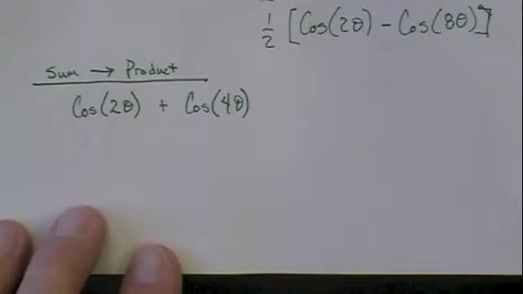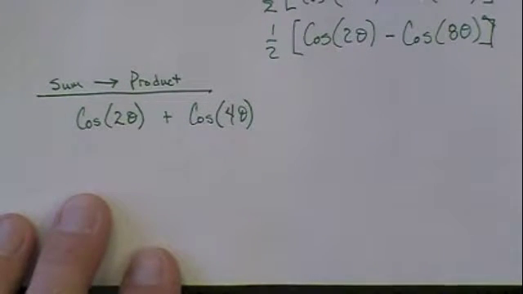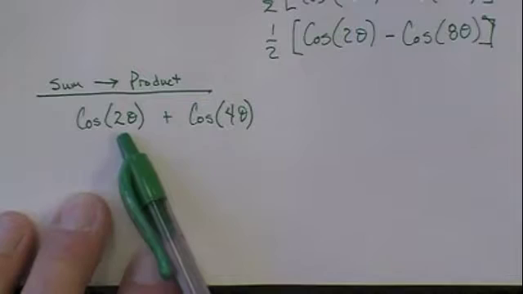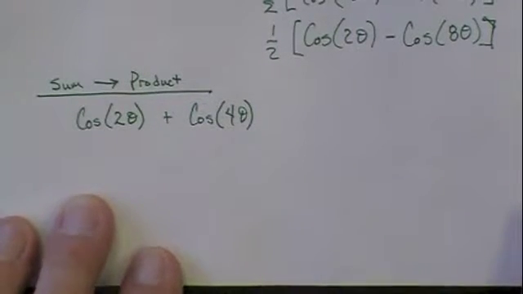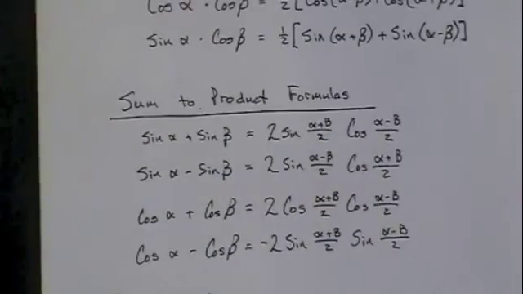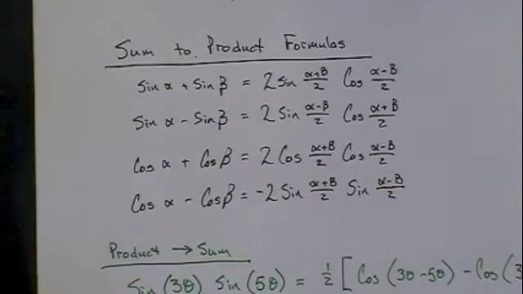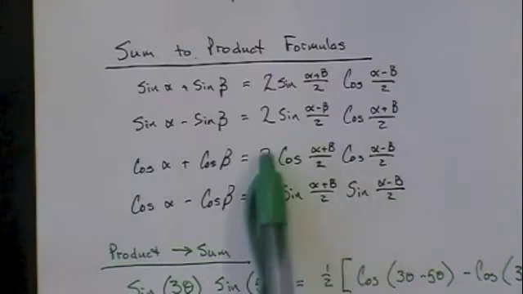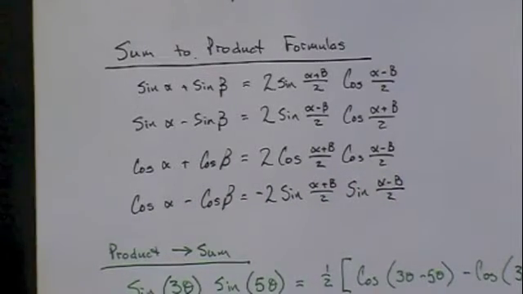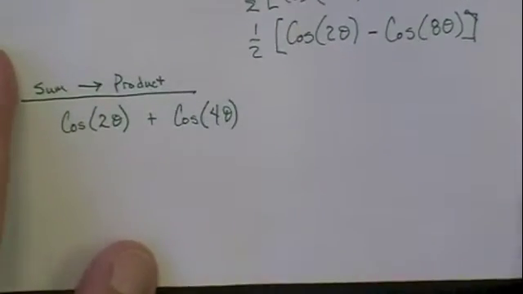On the other end, here we have going from sum to product. Here we have cosine of 2 theta plus the cosine of 4 theta. So again, sum to product. We go back up and look at these formulas. Here we're adding cosine of 2 angles. So here's the formula we're going to use on this one. So if we come back down here, we have